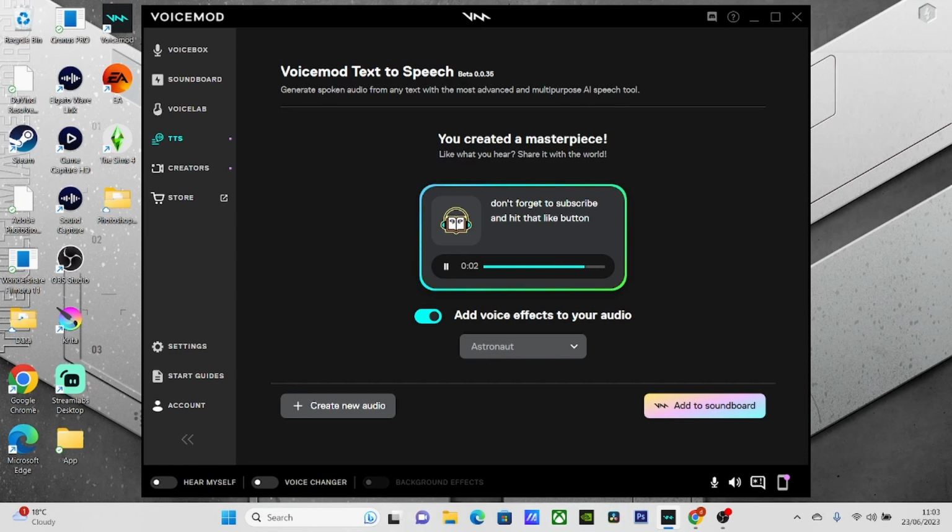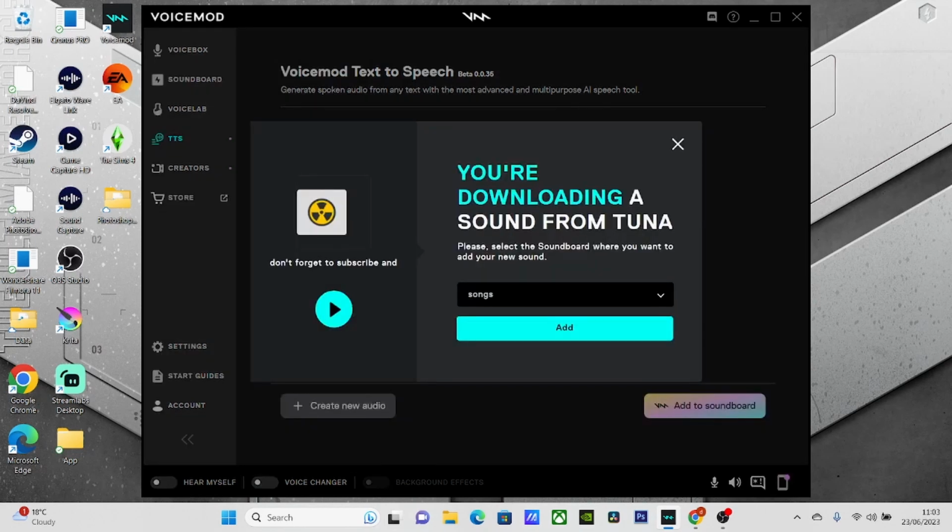So once you are done with your voice, your text to speech, as well as your effect, you need to click add to soundboard. Right, I'm going to add that to my soundboard. You probably want to create a new one. Probably make it TTS. Click add,